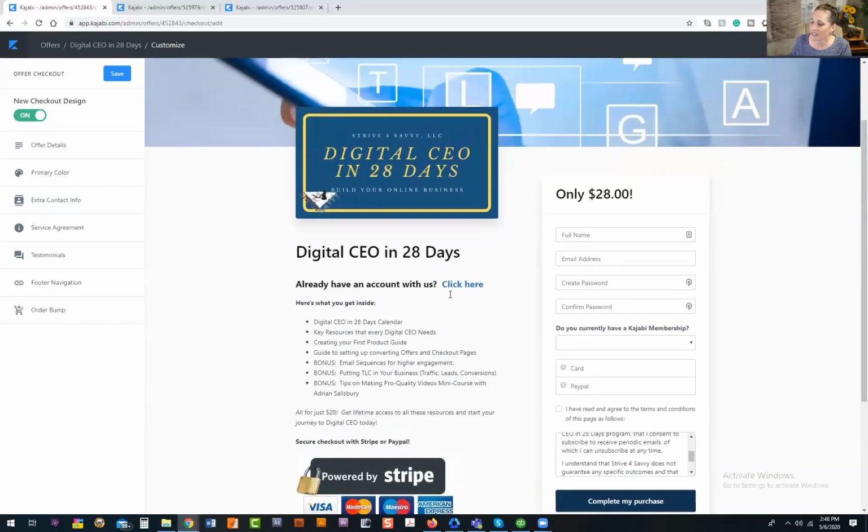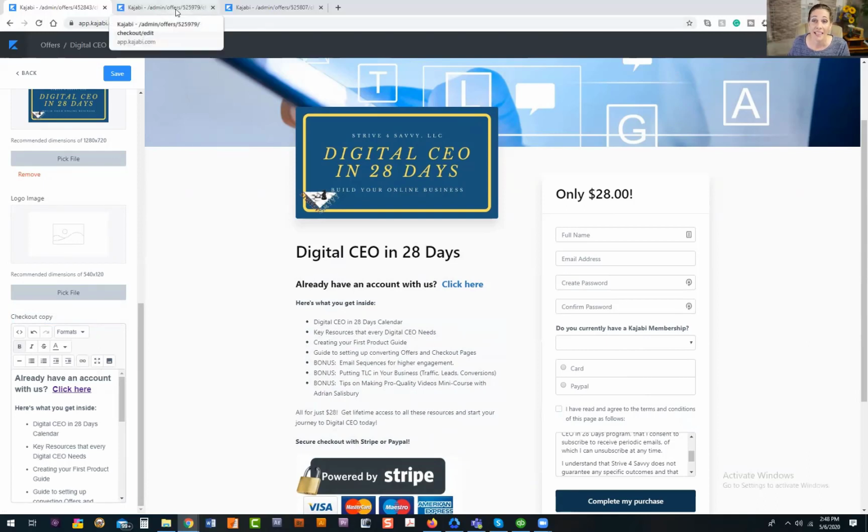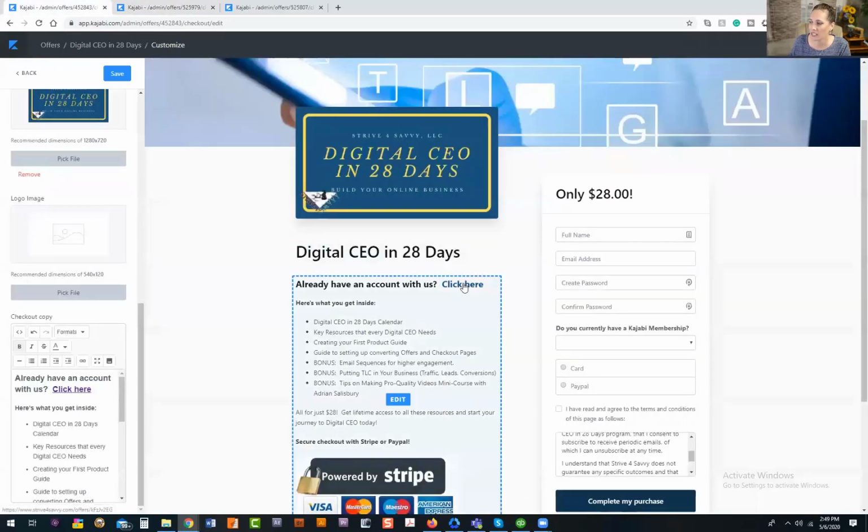So if you like this design a little bit better, where we have this on the right and our description on the left, the way that we can get around that is simply like what I have right here: "I already have an account with us, click here." On this "click here," in the description box, we set up a hyperlink to a duplicated offer. I have duplicated this offer, but on the duplicated version, I switched to the old version. So this way, if someone clicks on this particular offer, or they click on this link here